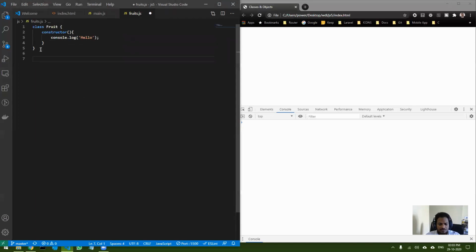Now if I come over here and create a new object, the way you create an object is, once you create a class, you can create any number of objects you want. So let's say let apple is equal to new fruit. So I'm calling this function. Whenever I use the new keyword and do something like this,